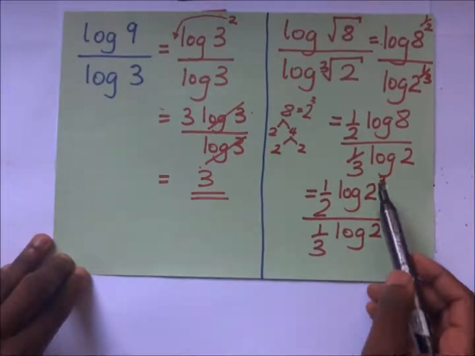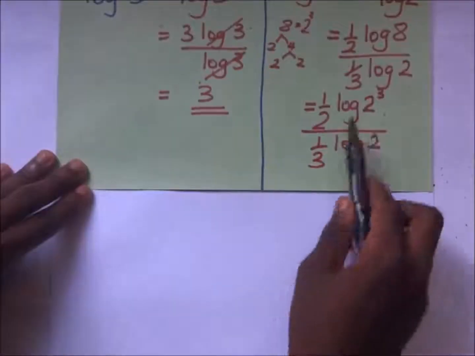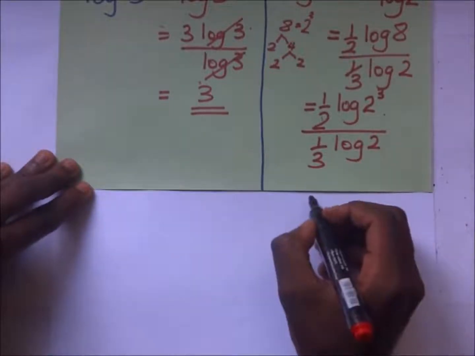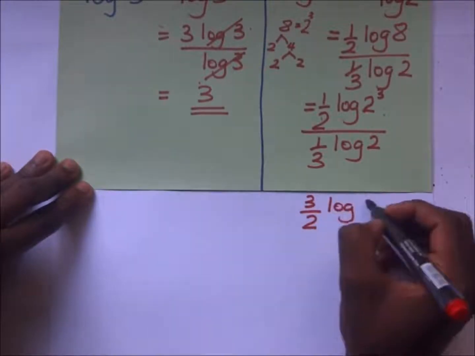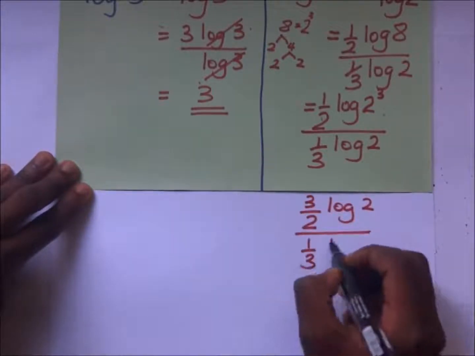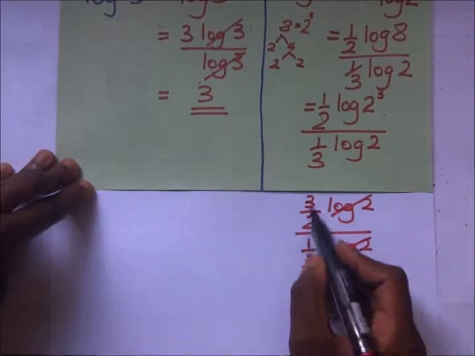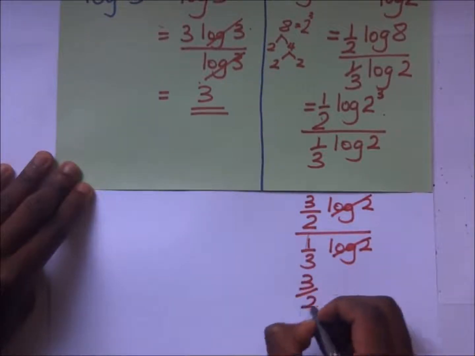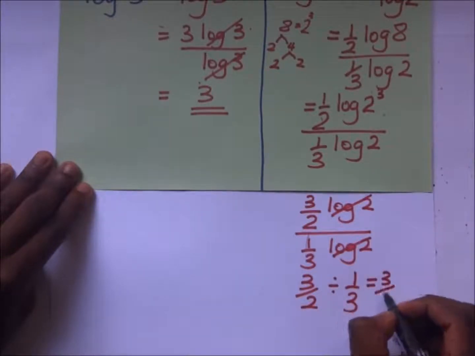Now definitely this 3 is going to come and join up here with this. So this is going to become 3 over 2 times the logarithm of 2, divided by a third times the log of 2. So this log of 2 and that log of 2 cancel out. You remain with 3 over 2 divided by a third. Now 3 over 2, divide that by 1 over 3. It's still going to be 3 over 2